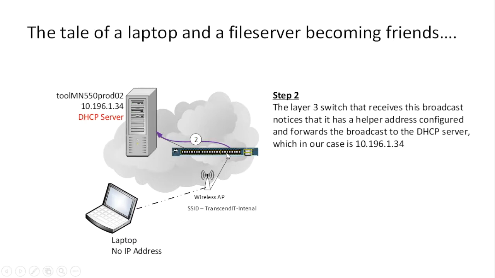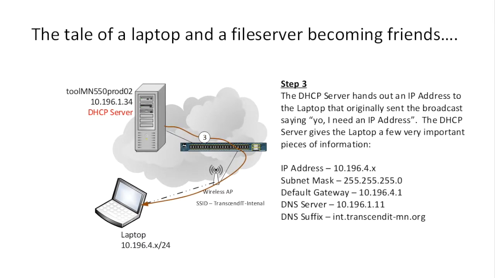The helper address is set to forward that broadcast to a particular IP address, which is the IP address of the DHCP server. And at that point, the DHCP server says, oh, okay, I can actually do something about that. And the DHCP server gives the laptop an IP address of, now some of this is going to sound a little